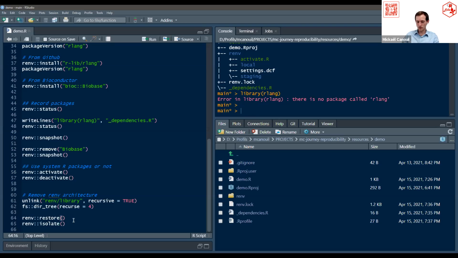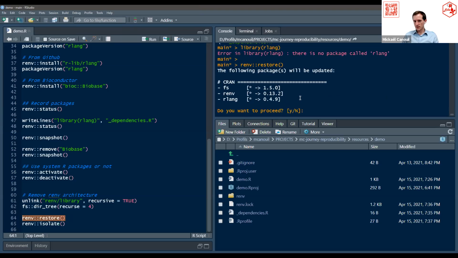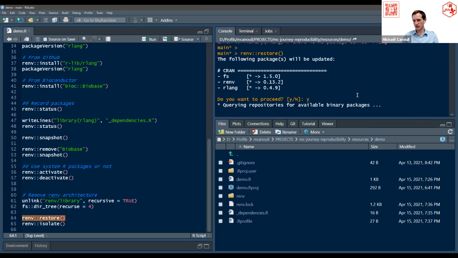It's quite easy. You just have to run the restore function in the project where you already have the architecture with RAMP. And if you do that, you get a pretty message that says, okay, apparently you have a RAMP file with 3 packages. They are not present. Do you want to install those? So I'm going to say yes.